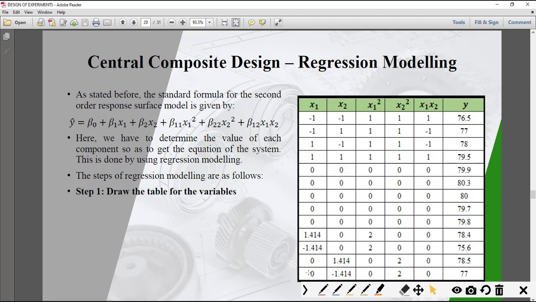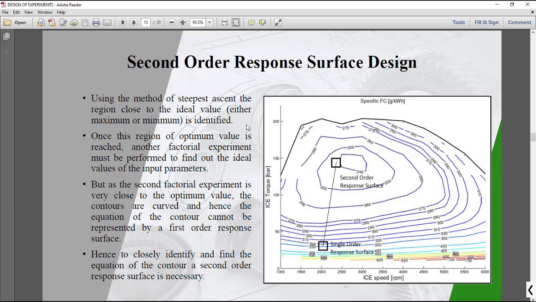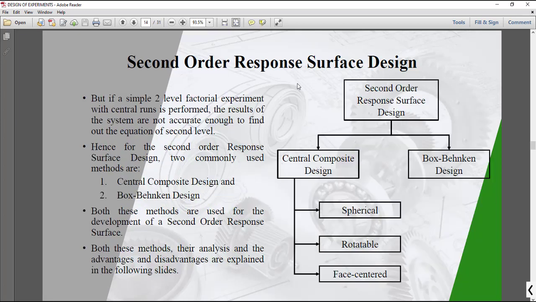So I will just go back. Whenever you are designing a second order response surface model, there are different methods for designing it. Over here I have just listed two important methods: one is central composite design and one is Box Behnken design. There are a large number of methods, and also some methods known as custom methods, in which you can define yourself how you want to make the response surface. But we will be limiting our talk to only these two designs.